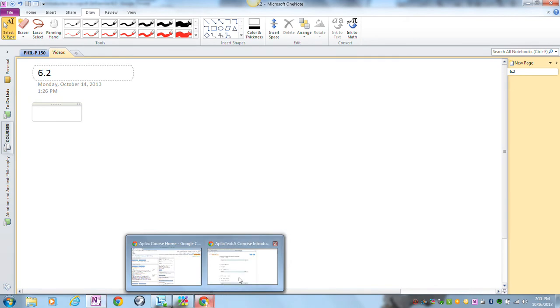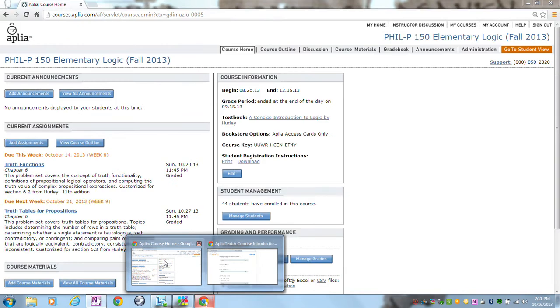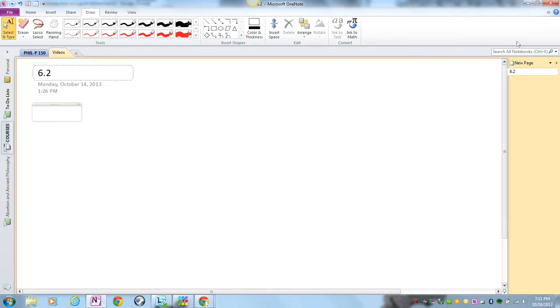There are different types of exercises in section 6.2, and you already tried a few of those. I just want to make sure that you understand how to go about doing these problems, which will also be in the homework. In the first block of exercises, the task is to identify the main logical operator. So let's take number 1 for example, and this is something I can try to write down in the other program